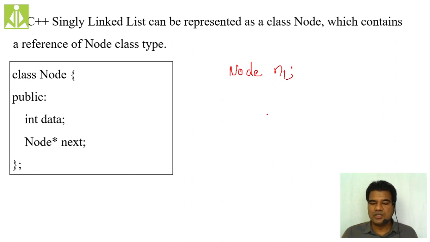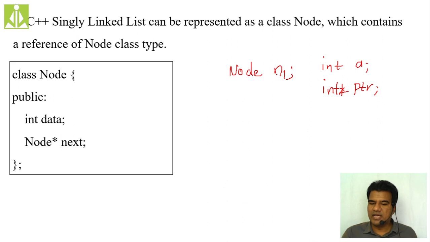Isn't it? So when you are creating a pointer to store this n1's address, because now we have created n1, in order to store the address of this n1, we need a pointer. We need a pointer of type what? We need a pointer of type node, isn't it? Because when you have int a and you need a pointer ptr to store the address of this a, what are you doing? You are creating an int star pointer.